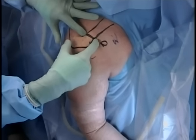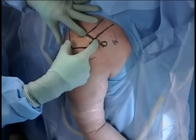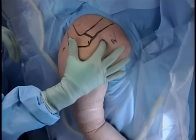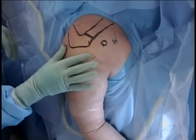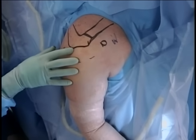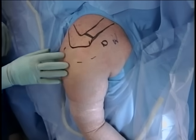For rotator cuff surgery, our patients are in the upright beach chair position. First, we point out the AC joint. Next, we point out the coracoid, an important landmark in shoulder surgery. Now we point out the anterior lateral border of the acromion, the lateral border of the acromion, and next we